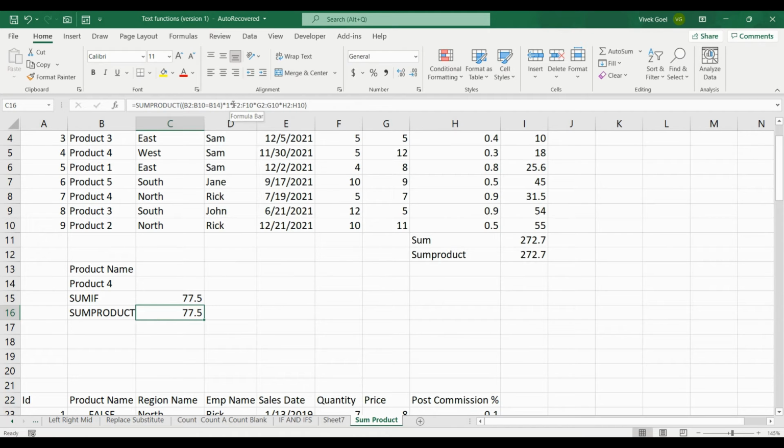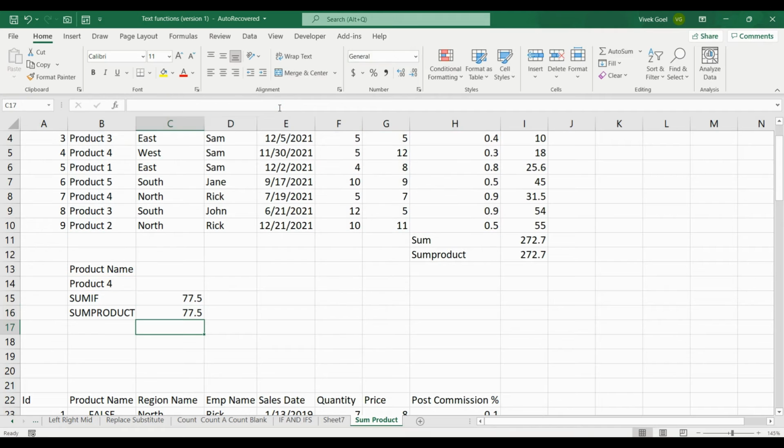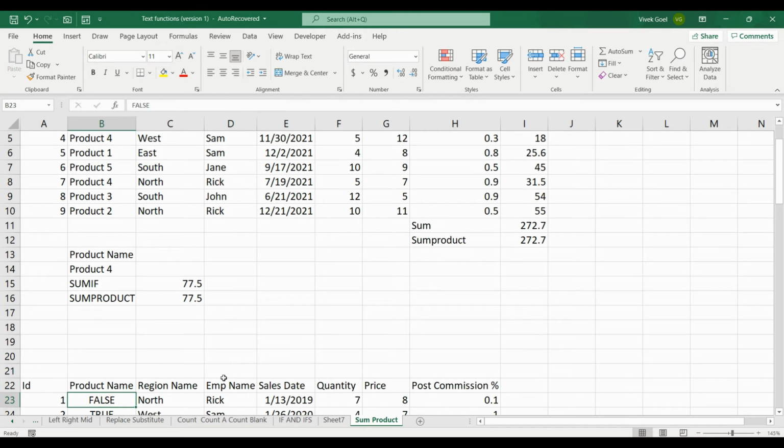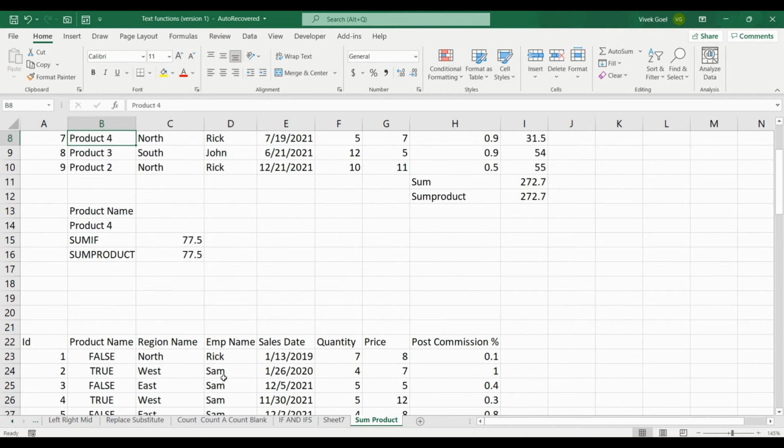Let's look at this syntax as well. Here, instead of using comma, when we use star, it gave us the same result. This is the preferred syntax when we are doing logical comparison, because here we don't even have to multiply it with 1. When Excel finds our boolean needs to be multiplied with any other column, it automatically changes the value from true or false to 1 and 0.